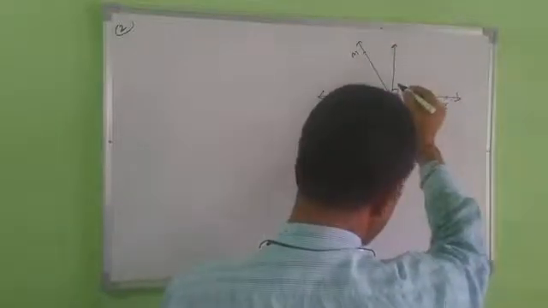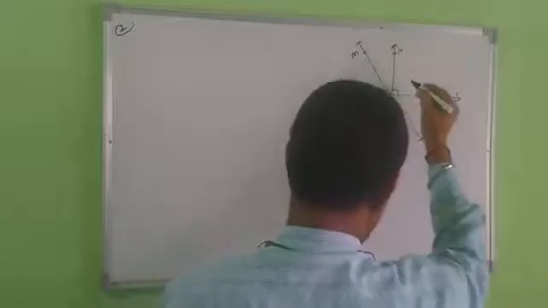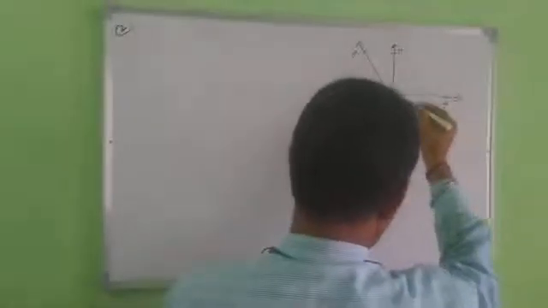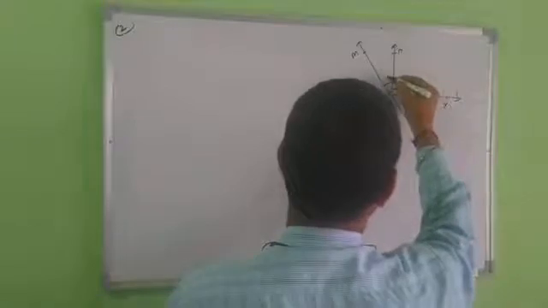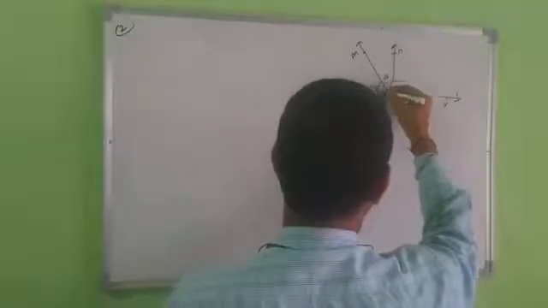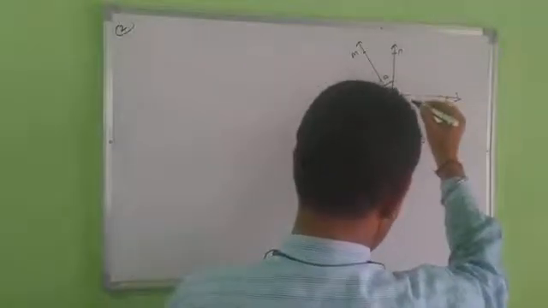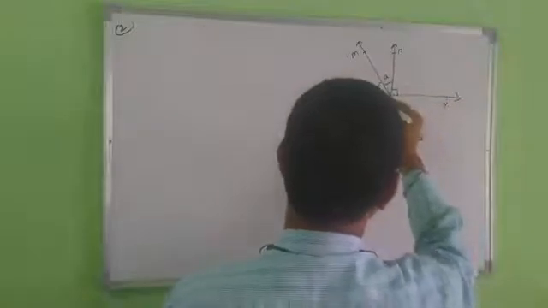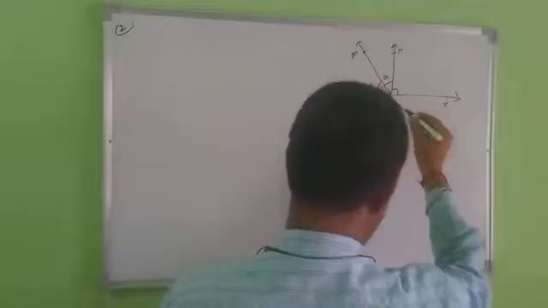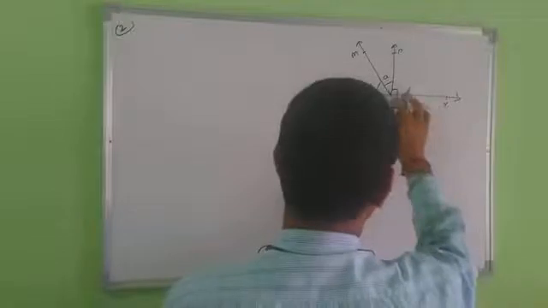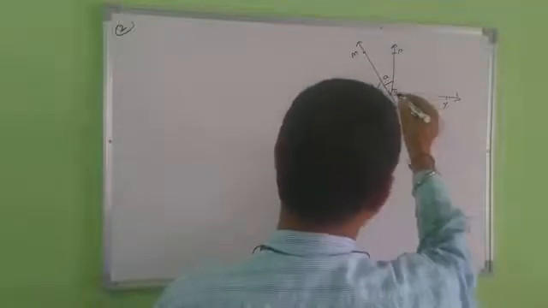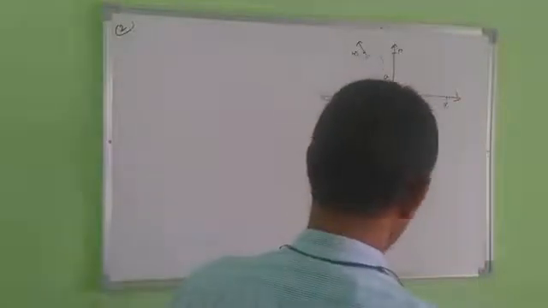The name of this point is P. The value of this angle is A. The value of this angle is B. And this one is C. And this one is the 90 degree angle. So now,